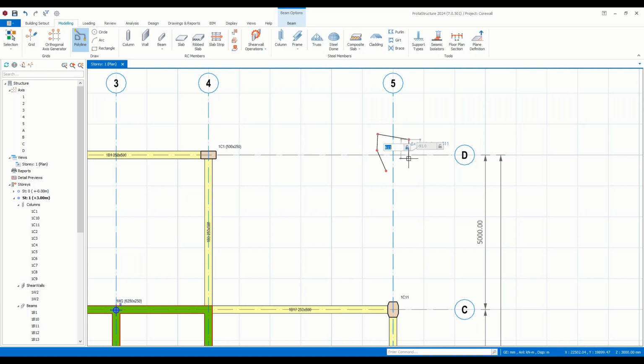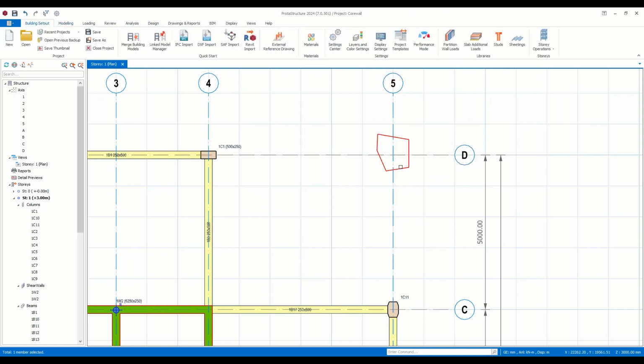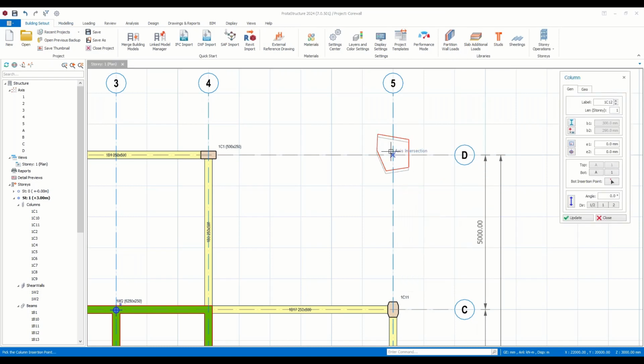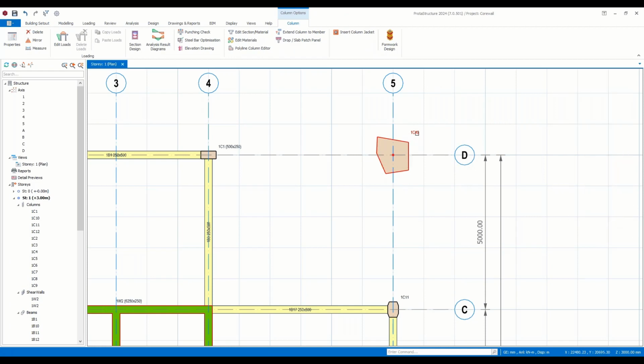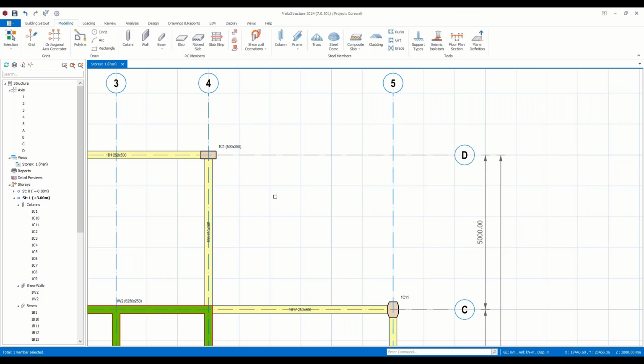If you want, of course, you can press the F2 button and you can specify the delta X and delta Y values. For example, delta X 0, delta Y, let's say minus 900. And you can create a closed perimeter just like this. And we can transform this perimeter to the column just like this. Okay, so any kind of column can be inserted in the ProtaStructure